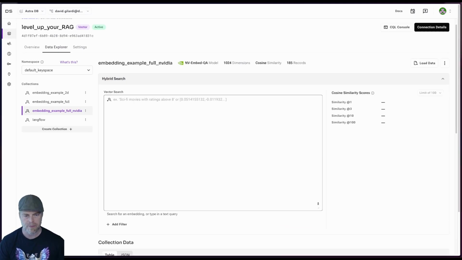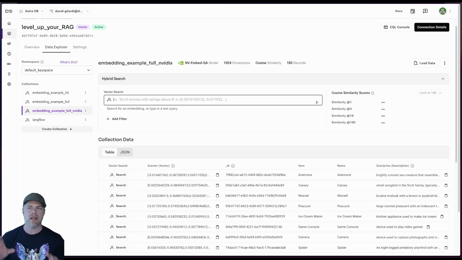in our description. Now, to be clear, in Astra, we have a feature called vectorize, right? What that allows you to do is, on ingest and at query time, automatically vectorize your data. Because right now, if you had a set of data and you wanted to generate vector embeddings with most vector stores, you would actually have to go to a provider like OpenAI or NVIDIA or Mistral or Anthropic, and you would have to generate the vector embeddings